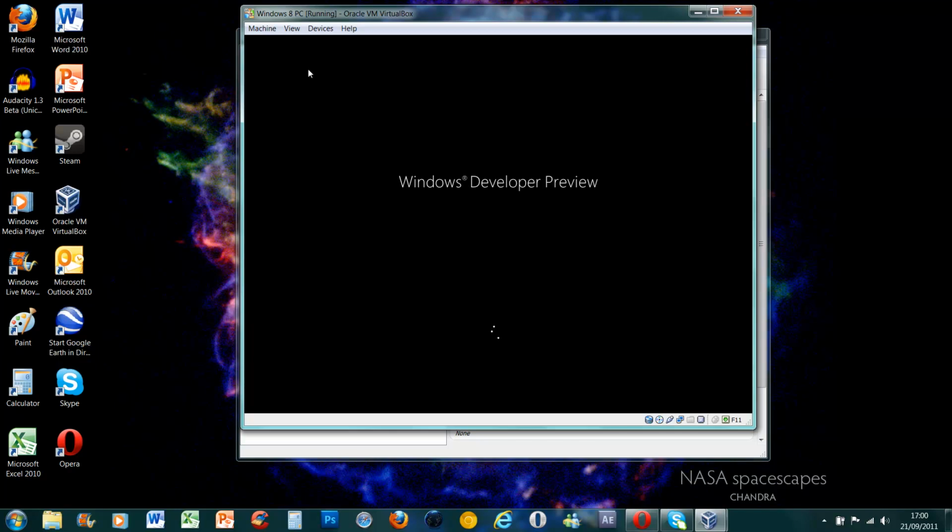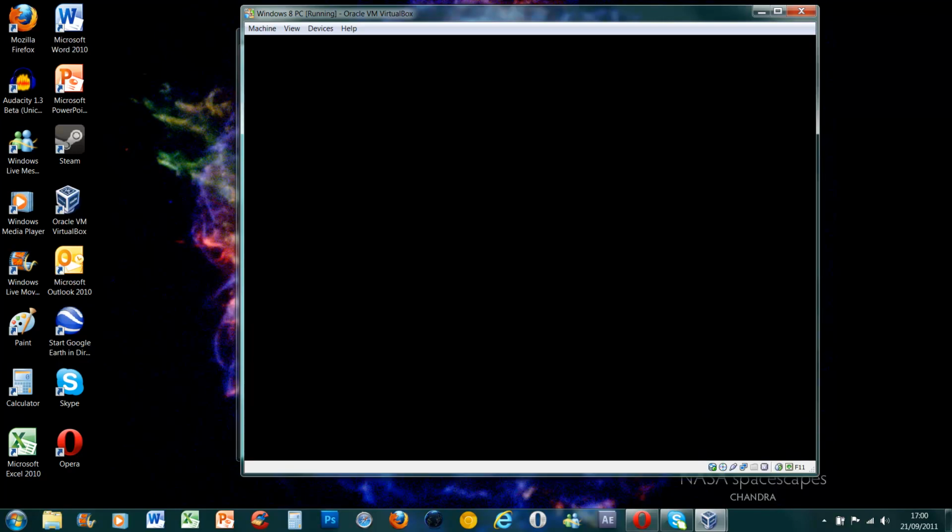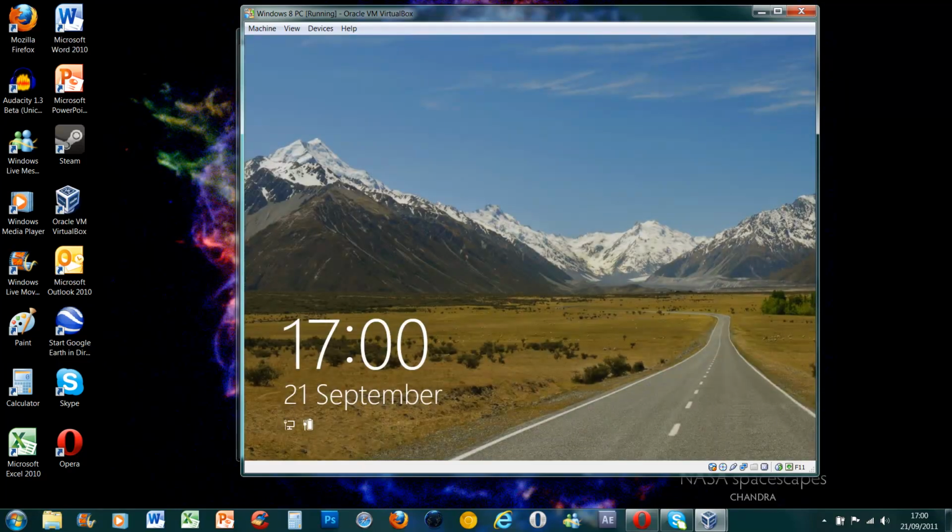So I've just started it up. It actually loads quite quickly, seeing as I've only devoted like a quarter or a half of my PC's resources to it. It still loads very quickly. So the first thing that you'll notice about Windows 8 once it starts up is it's got a new lock screen. I think Microsoft envisages that quite a few people will have Windows 8 on their tablet,